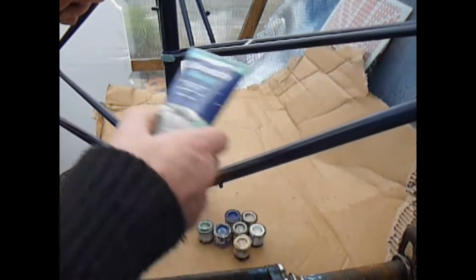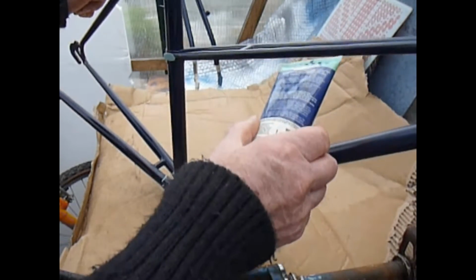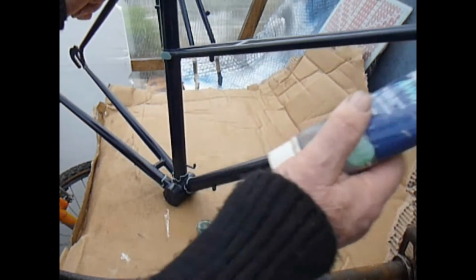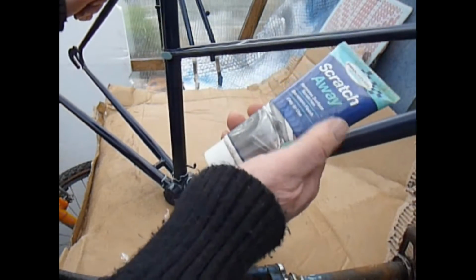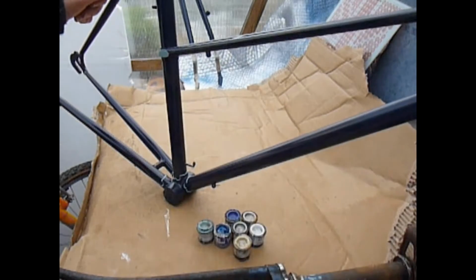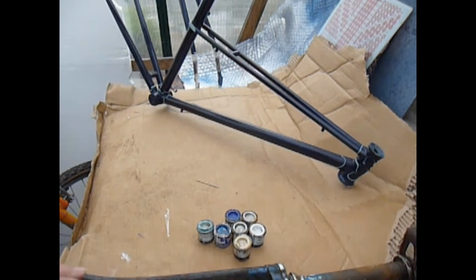So when this is dry, I'm going over it with the scratch away, rubbing it all down to get rid of my finger marks. This stuff, when it dries, you just polish it off, it leaves no residue. So that's the plan with that one, and you should get that ready then with no finger marks for the lacquer. And then I'll be masking stuff. So that's that bit. I'll show you how I did this